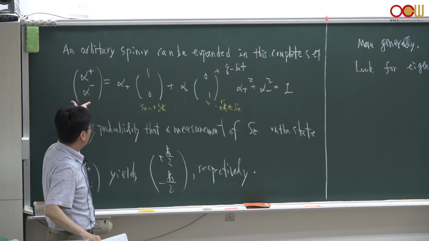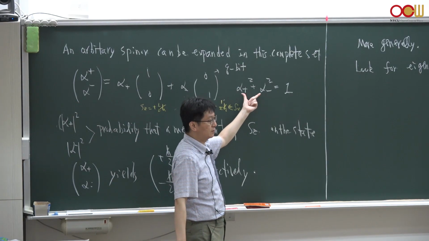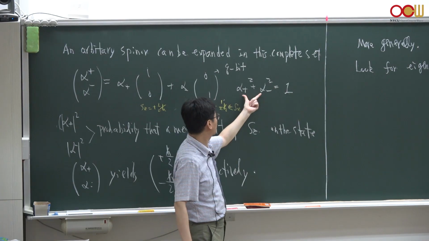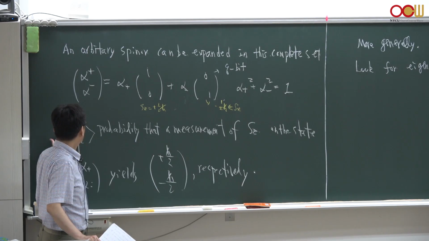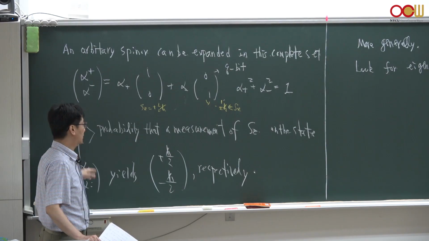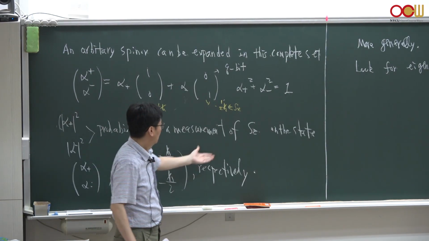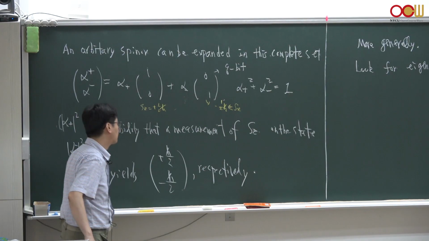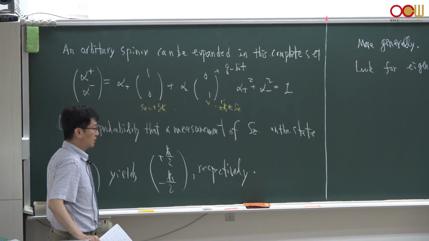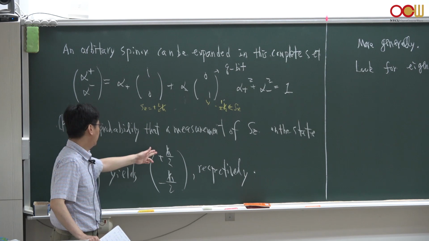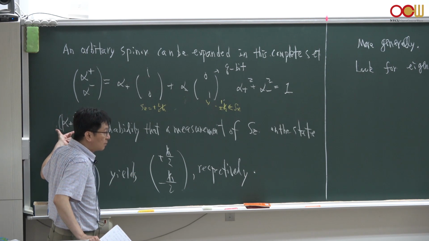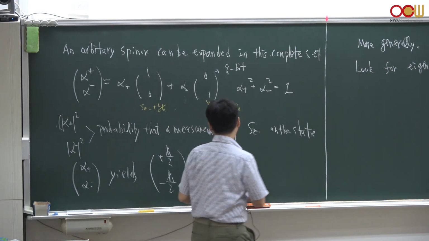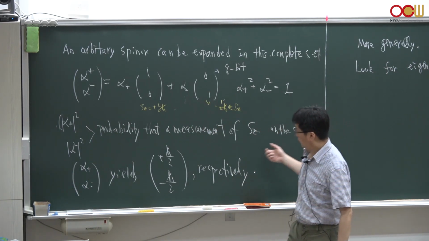This arbitrary spinor state is actually a normalized state, which means that when you sum up the squares of these coefficients, alpha plus and alpha minus, you get 1. The square of each coefficient, alpha plus squared and alpha minus squared, represents the probability that the measurement of the Sz operator on the state alpha plus, alpha minus gives you plus or minus 1/2 h bar respectively, which means that alpha plus squared is the probability that you take the measure of Sz on this initial